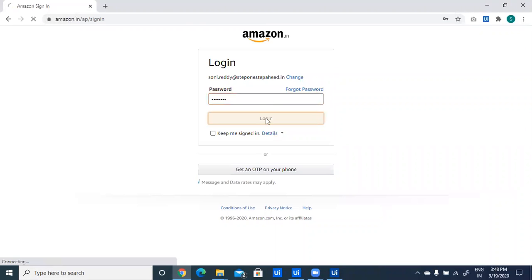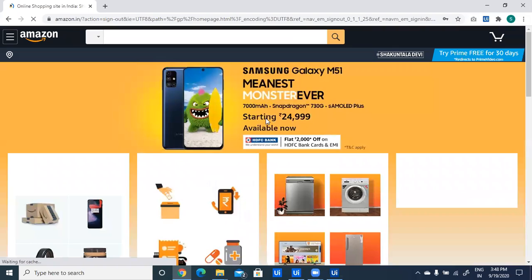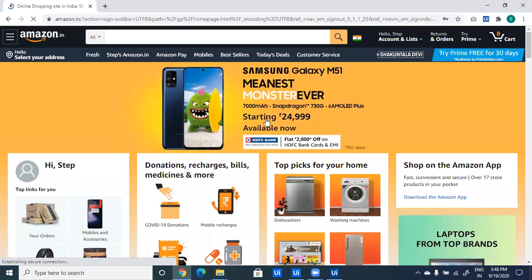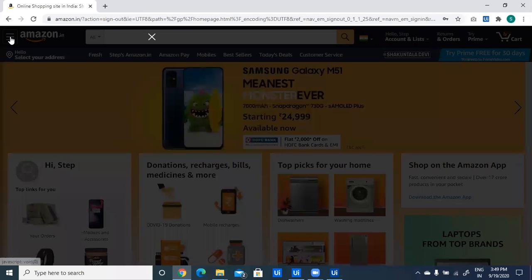Then it will check that we have successfully signed into the Amazon website or not by our sign out checkpoint. For checking, again it will click on this 3-line button and check whether our sign out element exists or not.